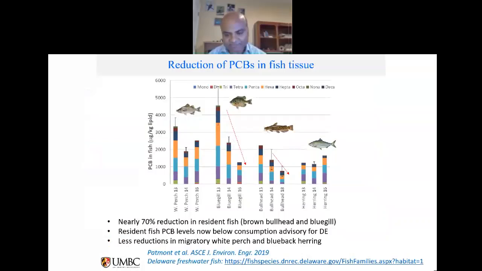So here are the results from that 5-acre lake study. So that's kind of a big aquarium for us. And we studied the reductions in the concentrations of PCBs in the pore water and in the surface water of that lake. It's part of a tidal St. John's River there, I believe. And so it's a tidal system. So there are some migratory species that are going back and forth in the lake, but there are also the resident fish. And we saw about 70% reduction in the resident fish in the lake. So that gives us the confidence that this is working out in a lake system and that those concentrations in the fish are coming down. So let's skip the next slide and go to the one after that.